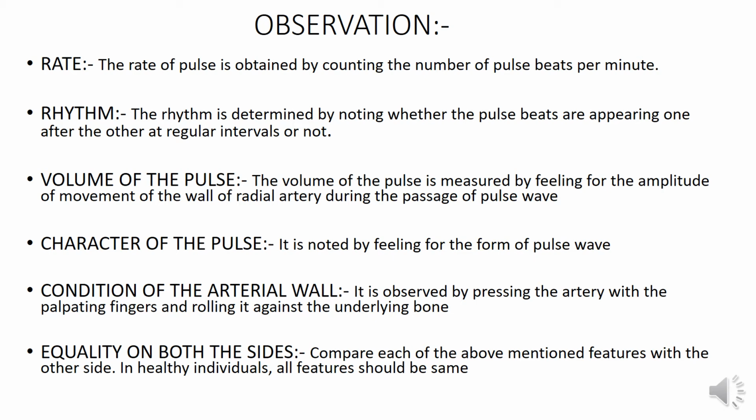So yeah, this will come when you practice more and more. You will see that if you practice on a young individual, you just feel the arterial wall, and in an old age person, you feel the arterial wall. You will feel that in old age people the artery becomes cord-like, so you can roll it. There is a toughness to it. But in young adults, you will feel an elastic type of arterial wall. And finally, which we have already talked about, the equality on both the sides.